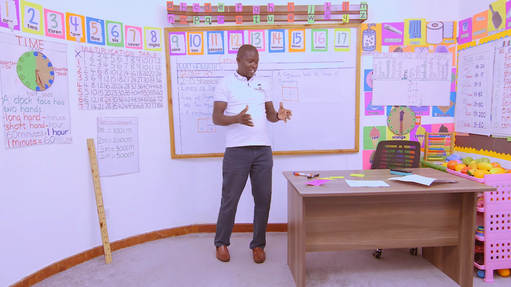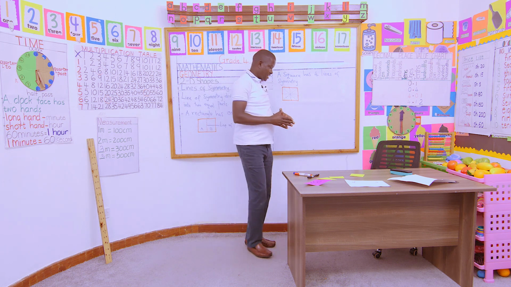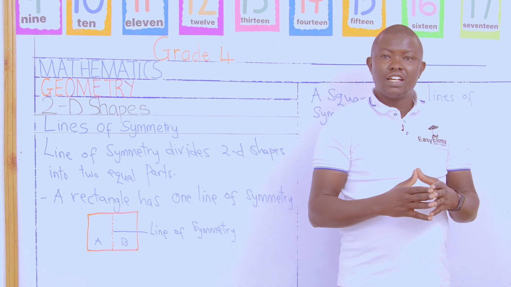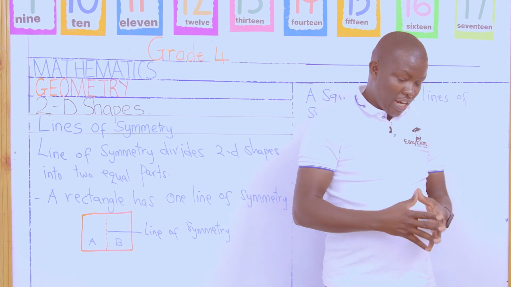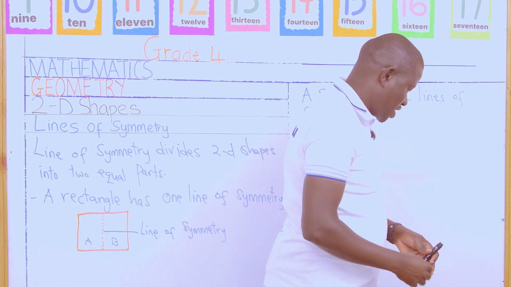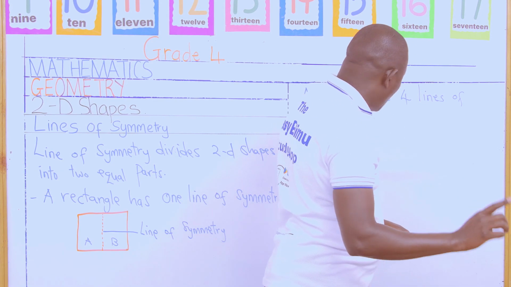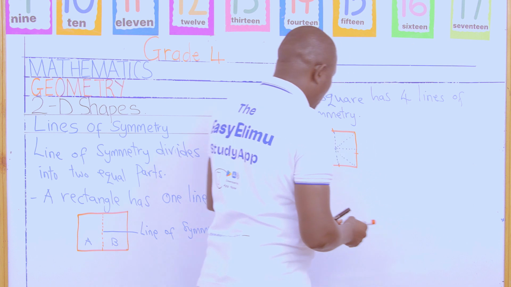Learners, now, this is my task for you. How we have done it, it's just to identify the lines of symmetry. Now, can you try to work out the following? Try to work out the following. Number 1, in our task number 1,